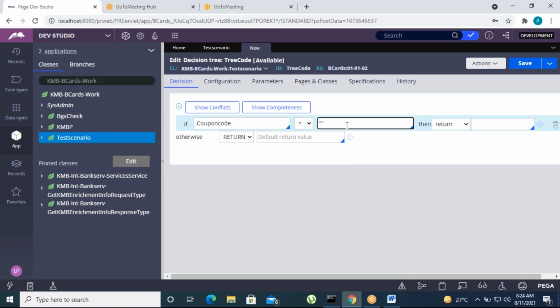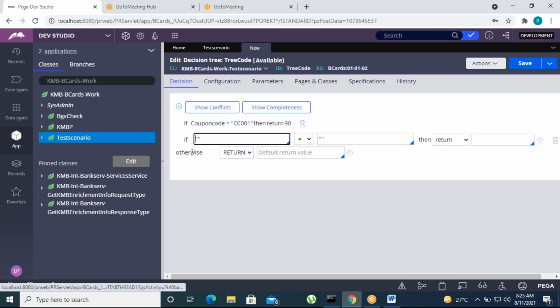Whenever the coupon code equals this, return some value. That's it. This is the way we can give the conditions.